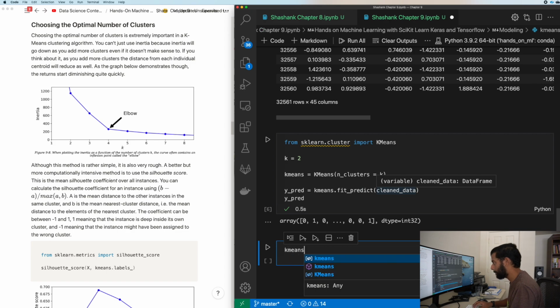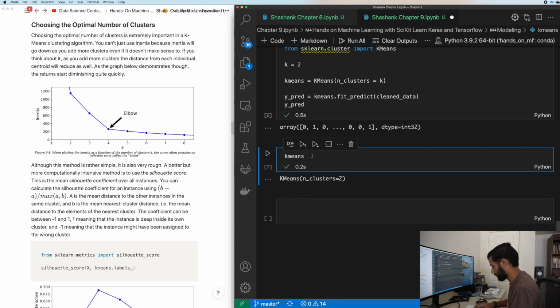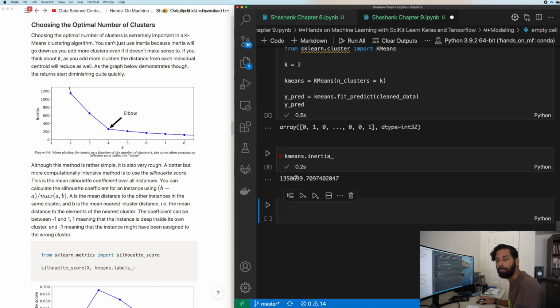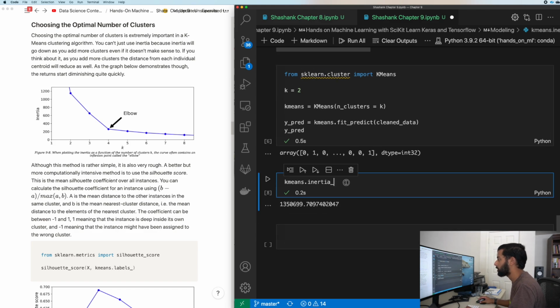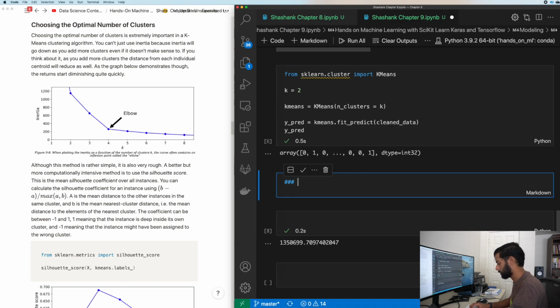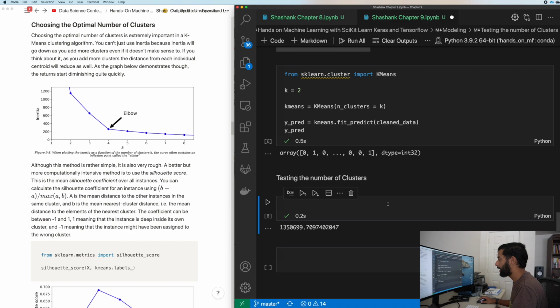If I do k-means over here and then plot that inertia, it'll give the inertia of our k-means because it fit to that data. So let's try 1 to 10 clusters and see what we get for our inertia. Let me create a for loop that runs that for us. And I know you guys said you like it when I actually code on the video, so that's what we're trying to do over here.